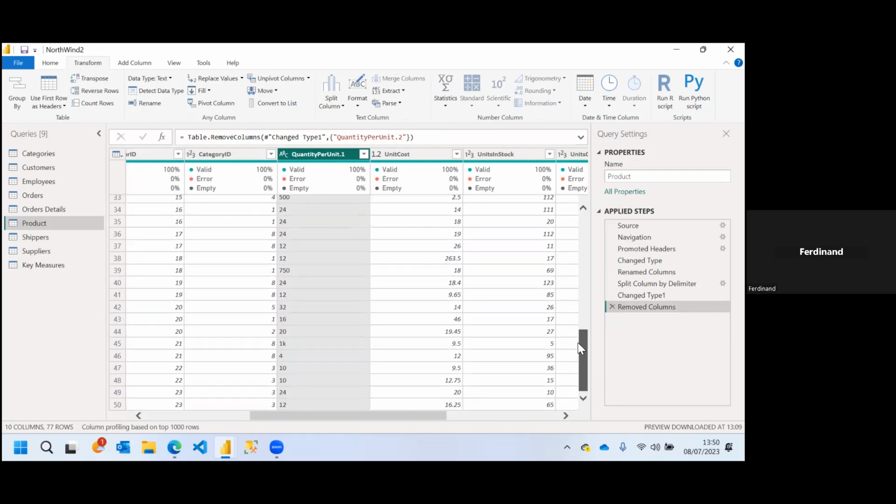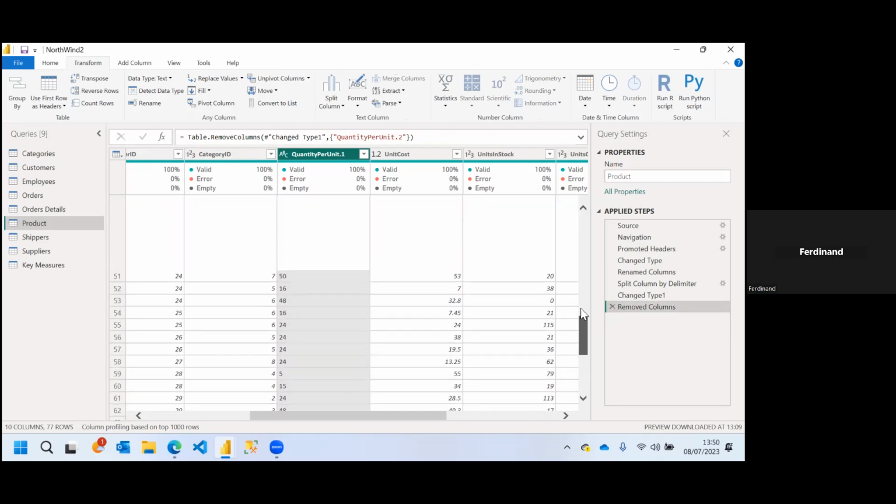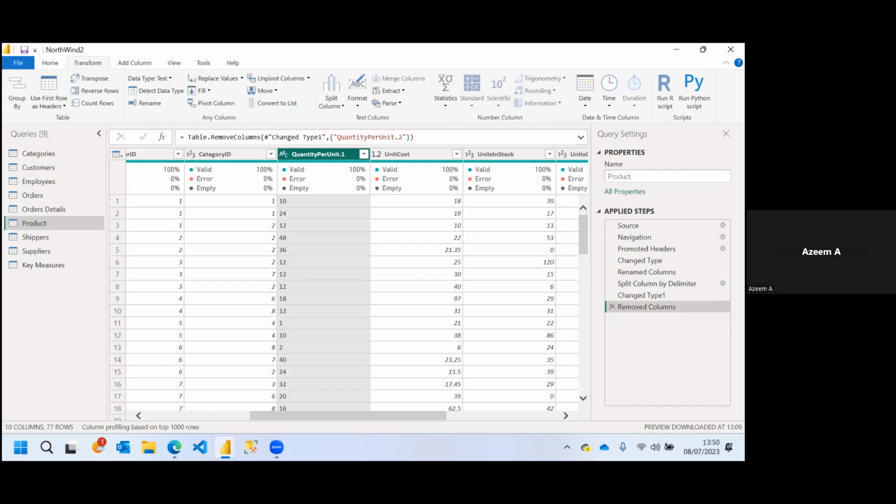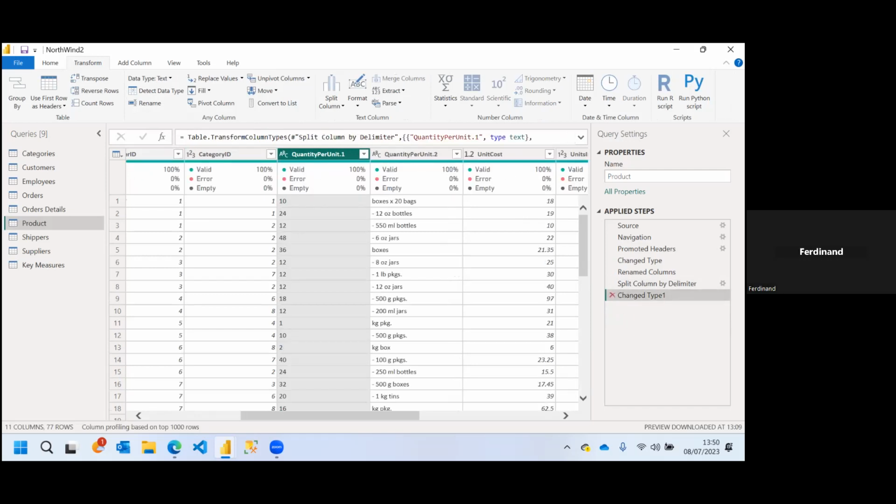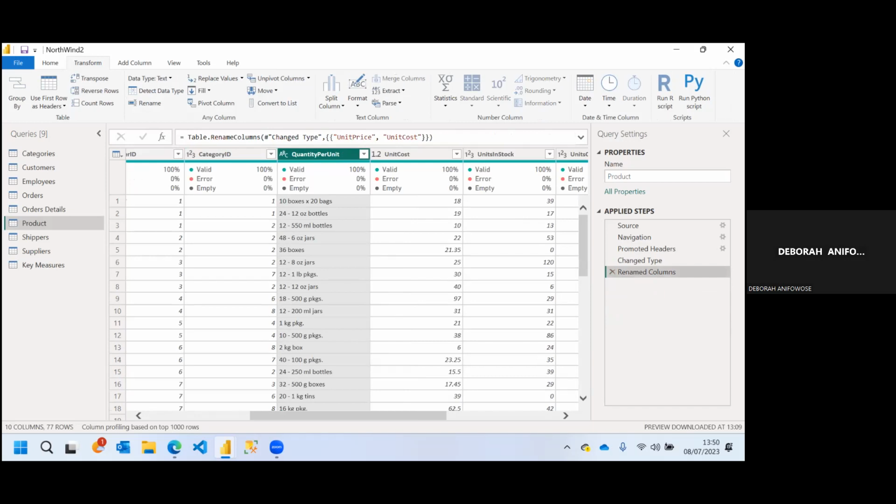We have some parts that we have just 500 grams. Yeah, it's true. We cannot really use it. I've seen that part, that it's not going to work. Do we not have an option, when we are splitting, of separating number from character? Under the delimiter, split to column or extract, I think it's split to column. Yeah, we have, but I think we should not waste too much time on this, because we still have